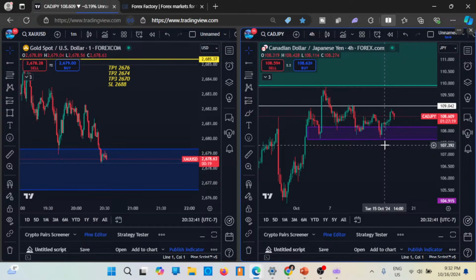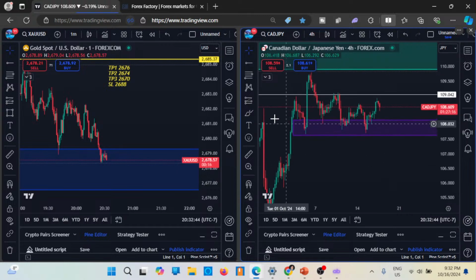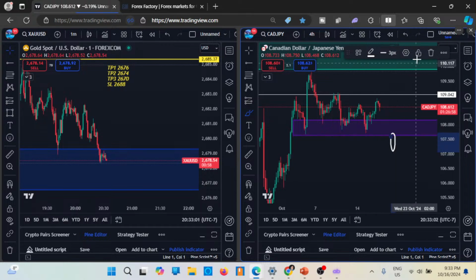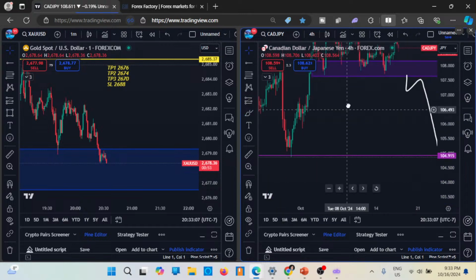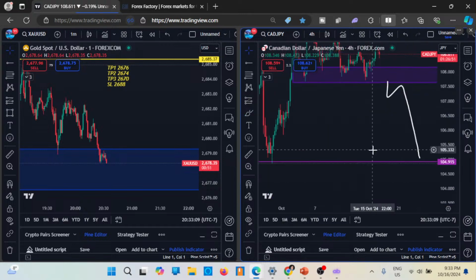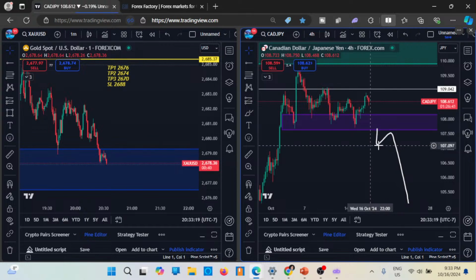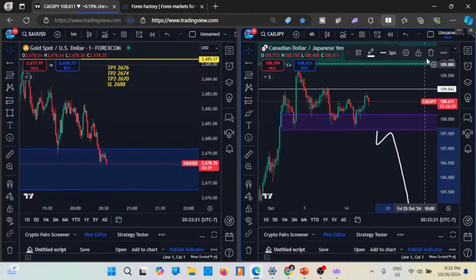107.62. So for CAD JPY, wait for the candle. We need to see at least a 1 hour candle closing below 107.60, or even let's say 107.53. If we get a 1 hour candle below this level here, below 107.60, then the price is going to fall all the way down to 104, 105. That's where it's heading. So don't enter a sell yet until it breaks below 107.60. That's number one prediction for